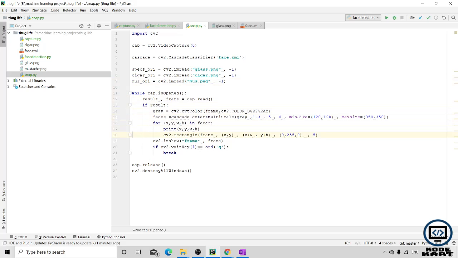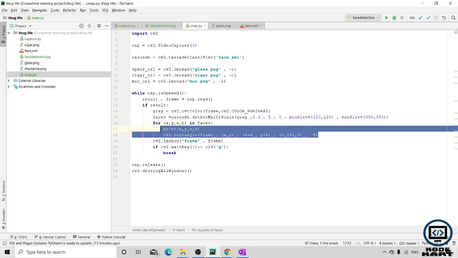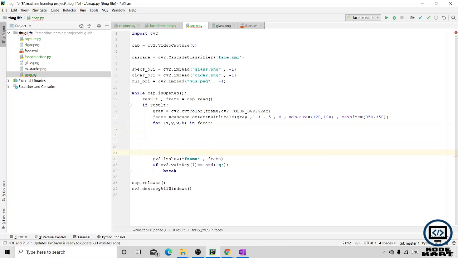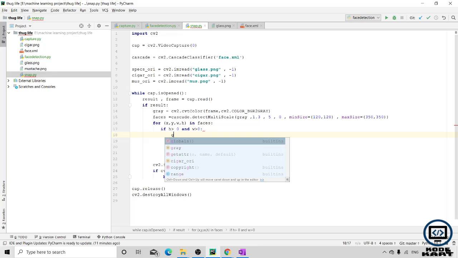So we have taken all the files into our code. Now let's move forward. This time we do not want this rectangle part in the snap.py file. We have understood its concept. Now, first of all, I want to put our glasses, then my cigar, and then my mustache at a particular configuration on my face. So if height is greater than 0 and width is greater than 0, meaning we determine our face and there is some height and width, then we are going to put our glass, cigar and mustache. So first of all, for the glass,